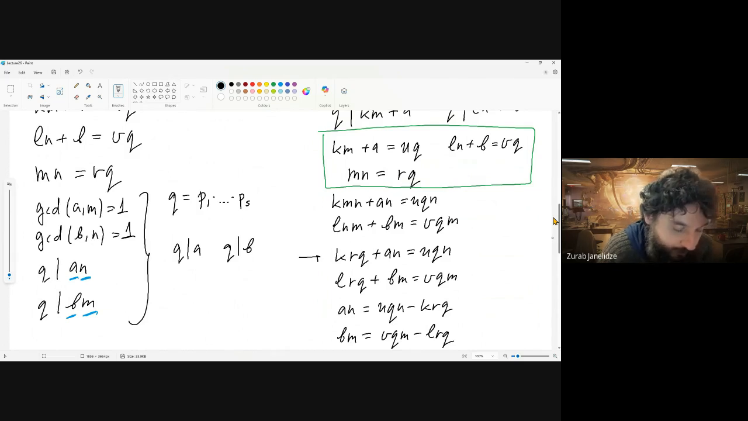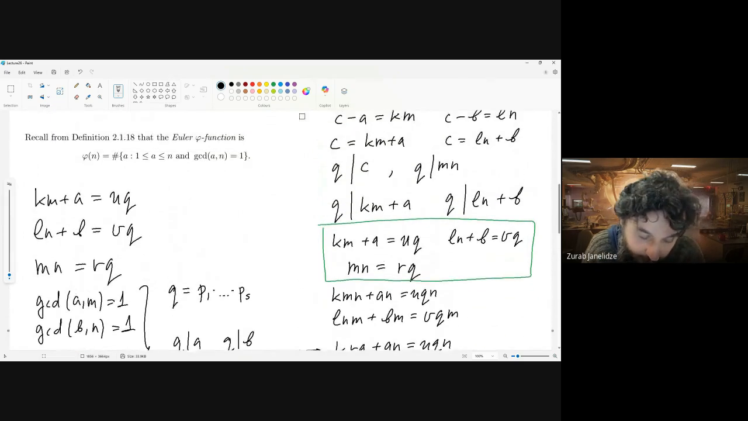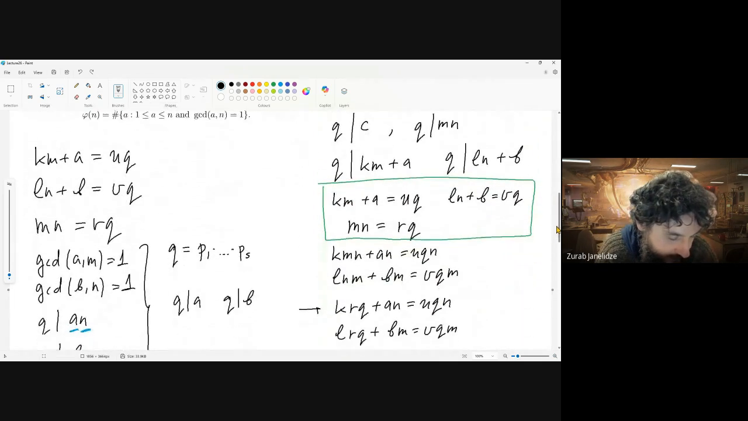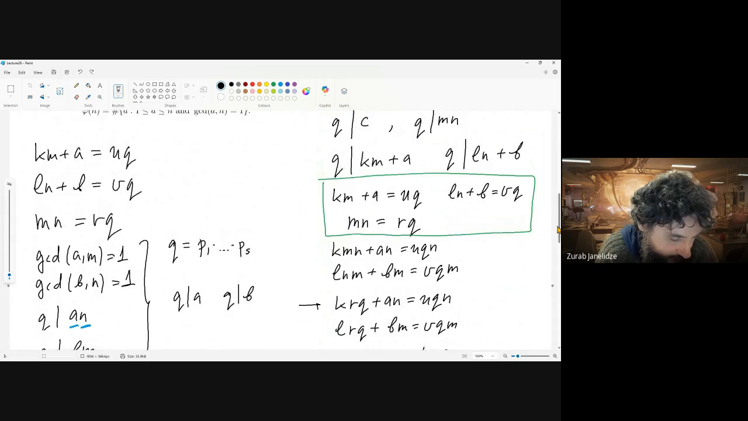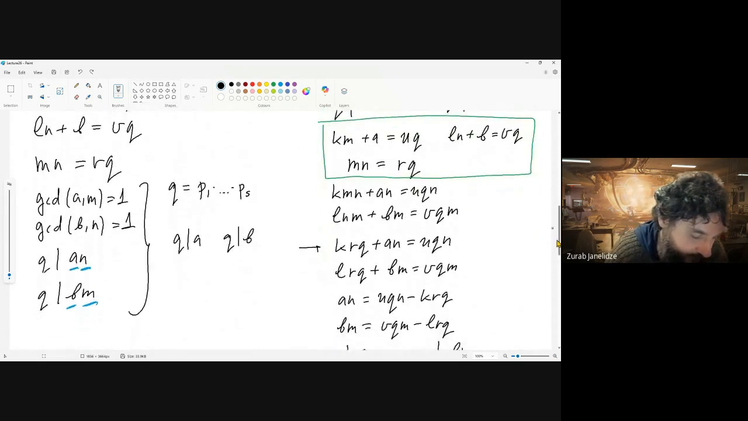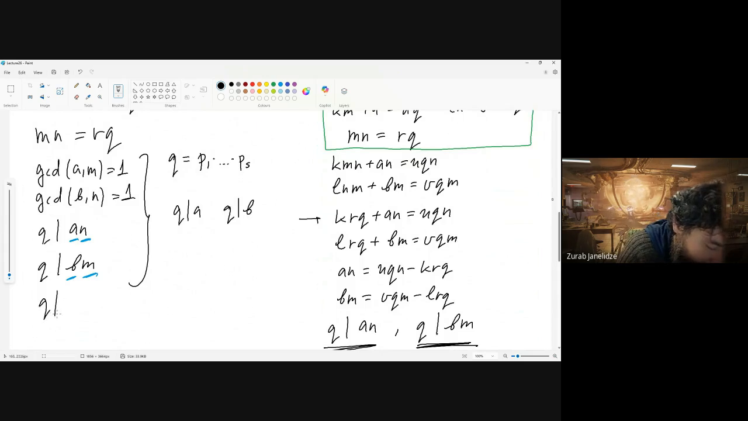What else do we know about Q? Let's go back to what we knew about Q from the start. We knew that Q divides, oh, there we go. We also know that Q divides Mn, right? Did we incorporate it somewhere? We did, but maybe we kind of lost it. We know about Q as well, that Q divides Mn. And I think that kind of does it because